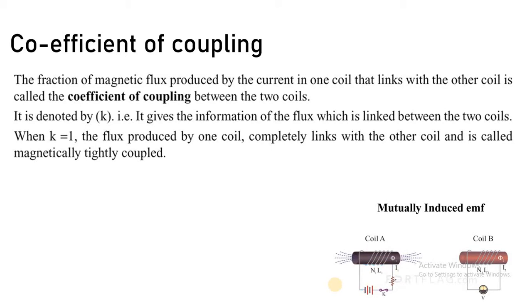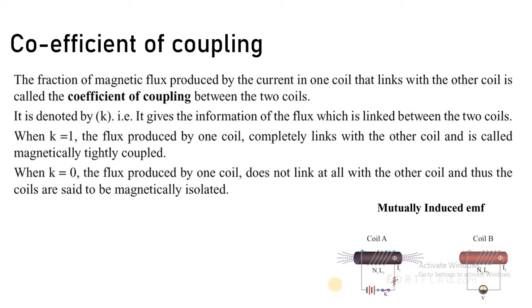When the coefficient of coupling K is equal to 1, it means 100% of the flux produced by coil A has linked with coil B. So in this particular case we say that coil A and coil B are tightly coupled to each other. In the second case, when K is equal to 0, it means that coil A and coil B are not having any flux linkages. It means the flux produced by coil A